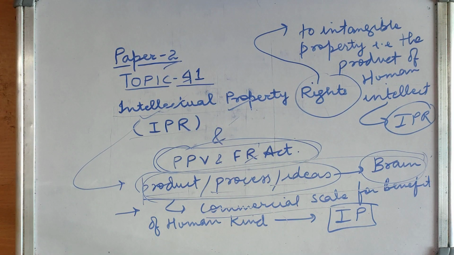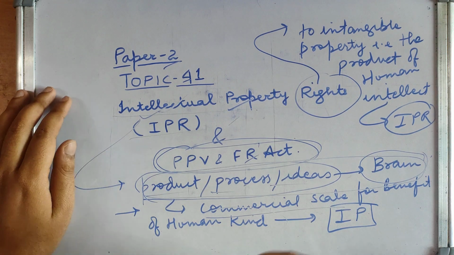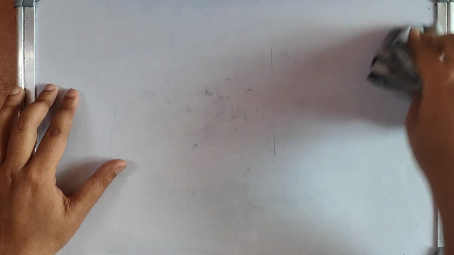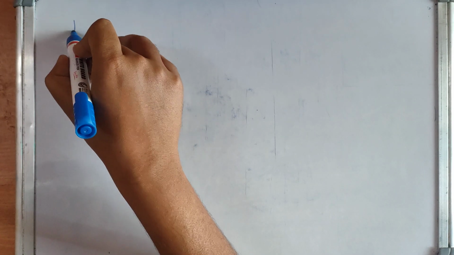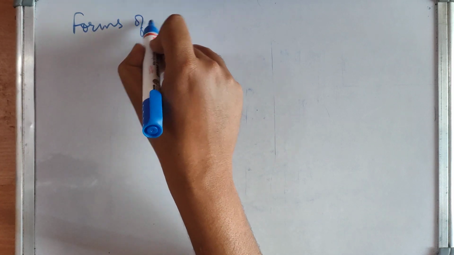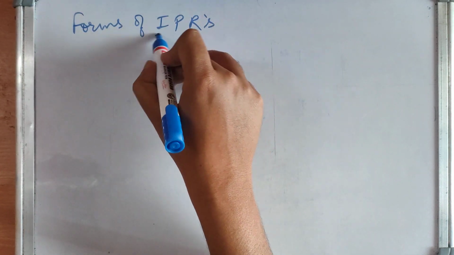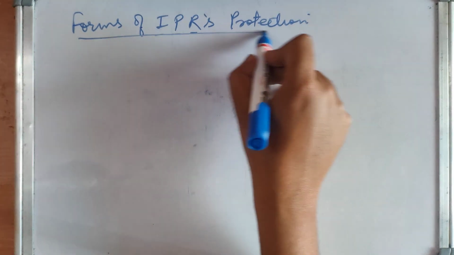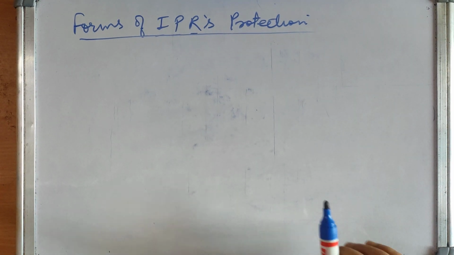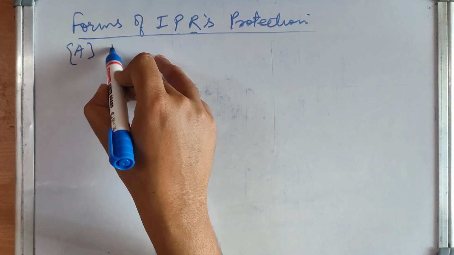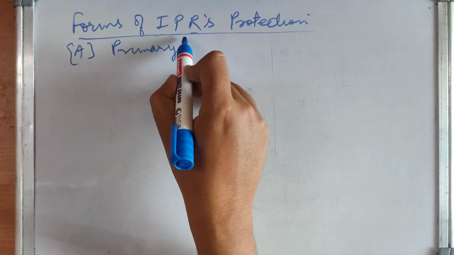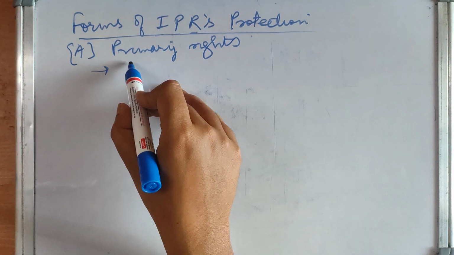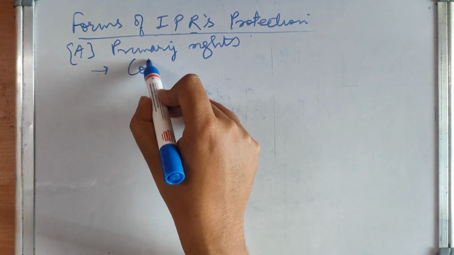Now, what are the forms of intellectual property rights protection? Moving on, forms of IPR, that is intellectual property rights protection. Number A is primary rights. So what are primary rights? These are copyright,